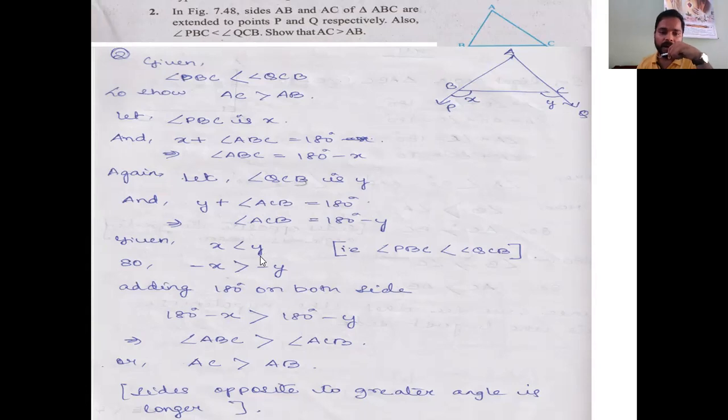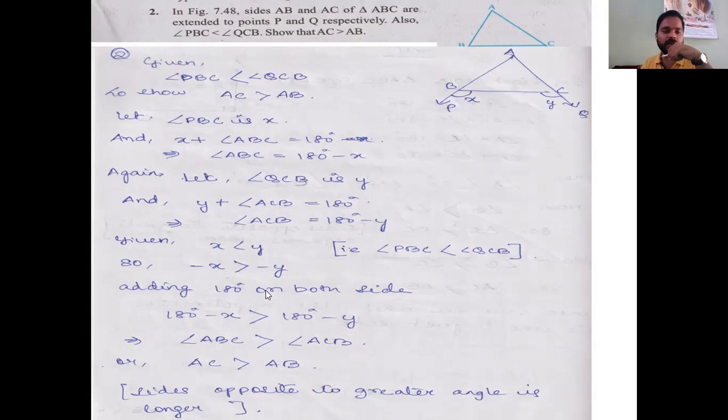But if I change the sign on both the sides, then here will be minus 2 and here will be minus 3. So what do you think? Which will be greater? Minus 2 will be greater. Is not it? Minus 2 will be greater than minus 3. That means if we put minus on both the sides, then the greater and the lesser symbol will be changed. So in that case, what will I get? Minus X will be greater than minus Y.